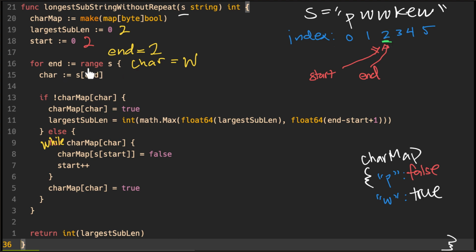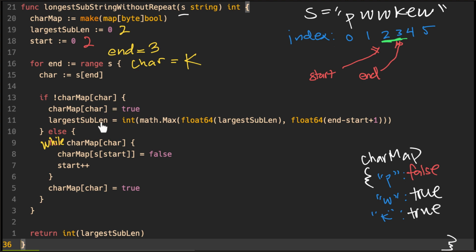And we go back up to the top of our for loop, and our 2 is going to change to 3. And of course, our W, the character, is also going to change to the character that's at index 3, which is K. And we can also go ahead and move our end pointer up until 3. And our window is going to expand here. And then we're going to check to see if the character K exists within our character map. It does not. We only have the character W in our character map currently. So that means we're going to add the character K. So we'll do K